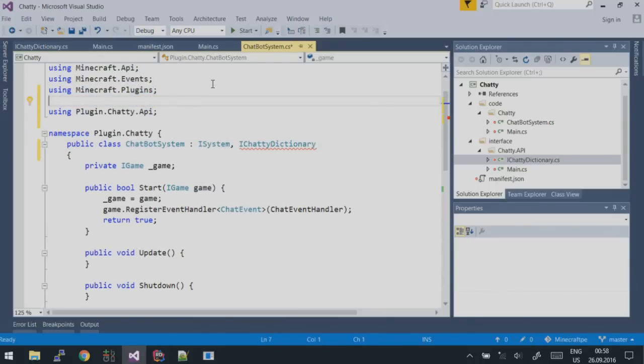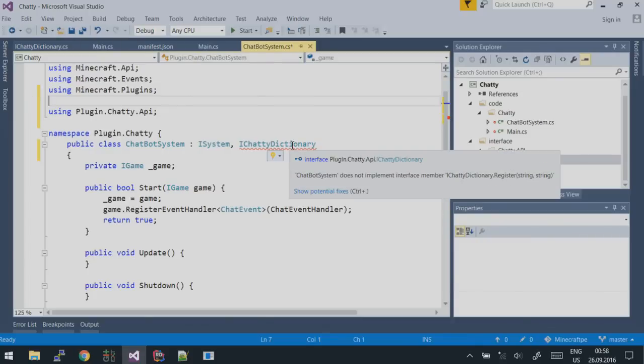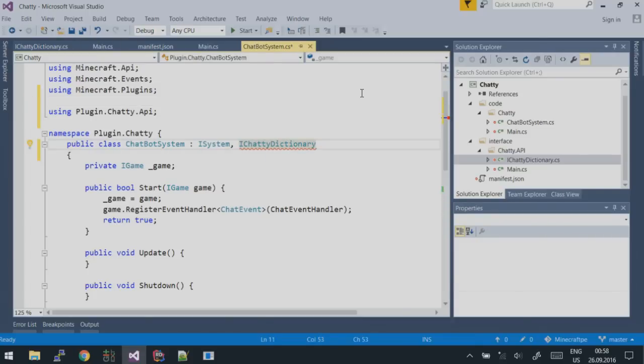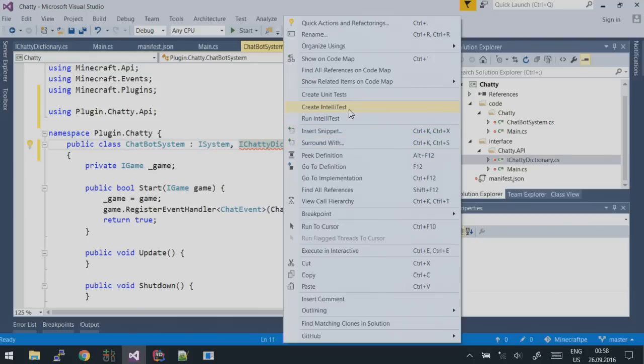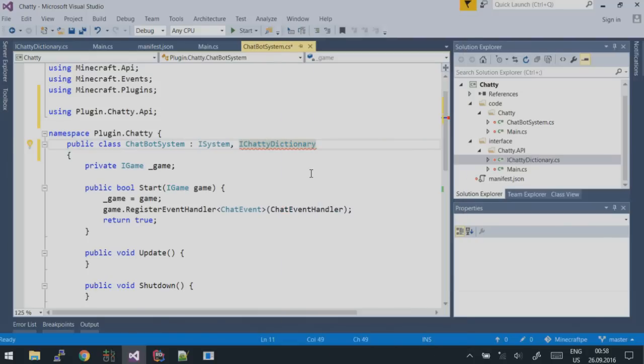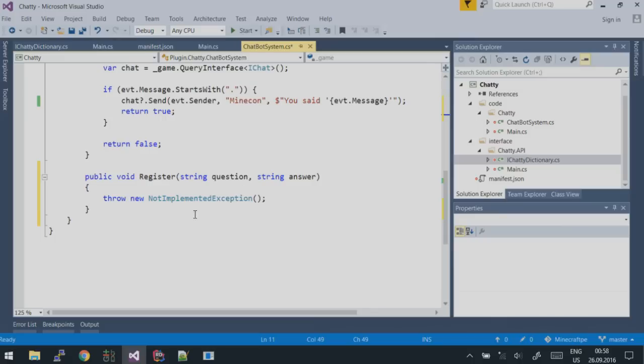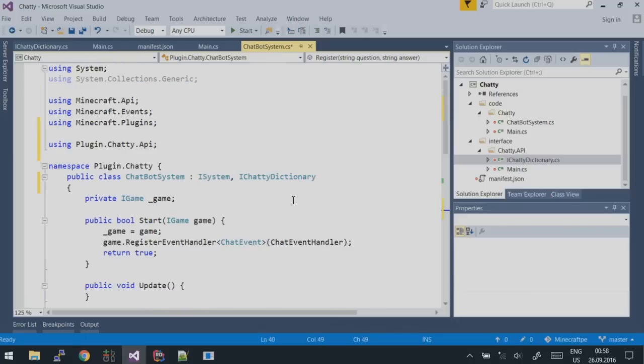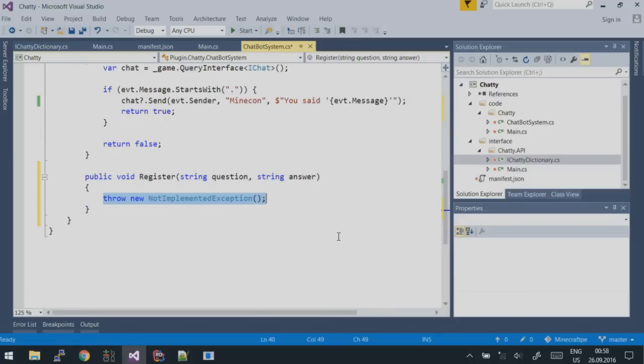So what I'm doing now is basically just the interface that I defined that I want to expose to other plugins to be used has this function register, and I have to implement it by creating this function register down here. It says, oh, it's not implemented right now. So let's real quick create